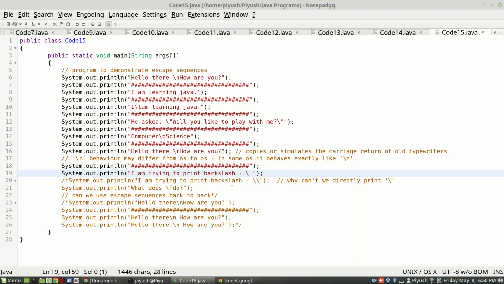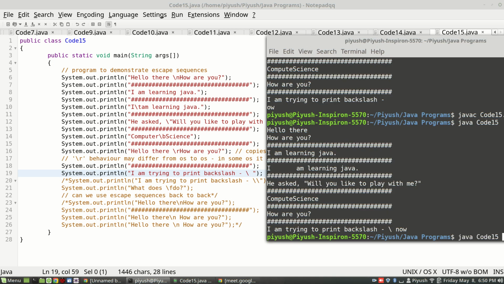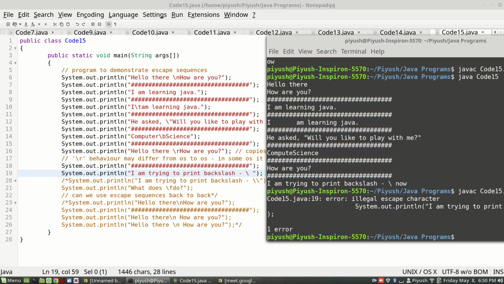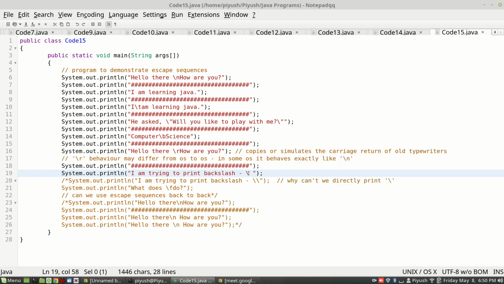We'll also see that. See, illegal escape character or illegal escape sequence. Did you see that? So always, if you are using a backslash in your print statement inside double quotes, be very sure that you really intend to use escape sequences. If you want to print a single backslash, you cannot print a single backslash. You will have to print a double backslash. Okay. So I'll delete this line. Is this thing clear to all? The use of double backslash to print?